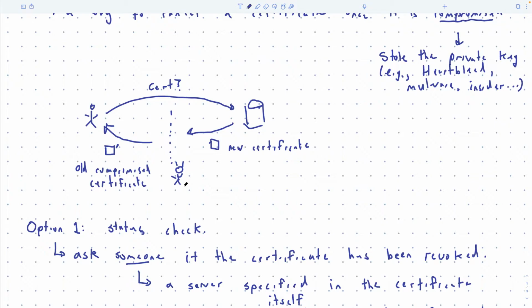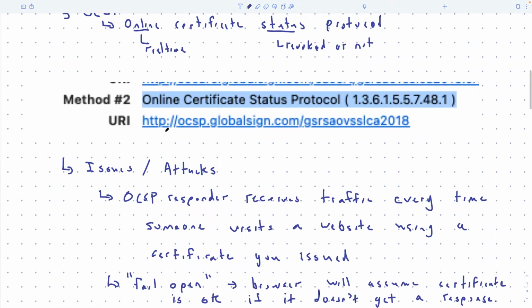Then the browser is going to hang on for a second, and it's going to say, oh, I didn't get a response. CA server is probably too busy, right? And so I'm just going to assume that the certificate's okay. Okay? And so that's literally what happens. A revoked certificate doesn't mean anything really, if you have a true in the middle adversary who's in the middle both between you and the compromised website and between you and the CA. You're out of luck because your browser is going to assume when it doesn't hear back that the certificate is okay.